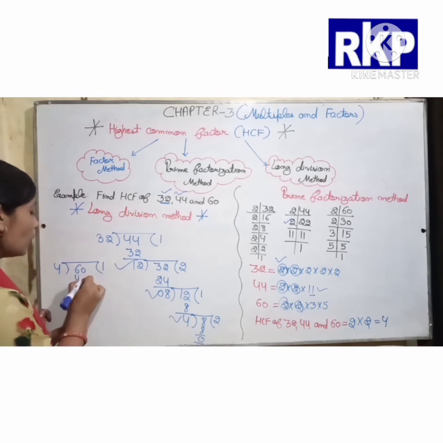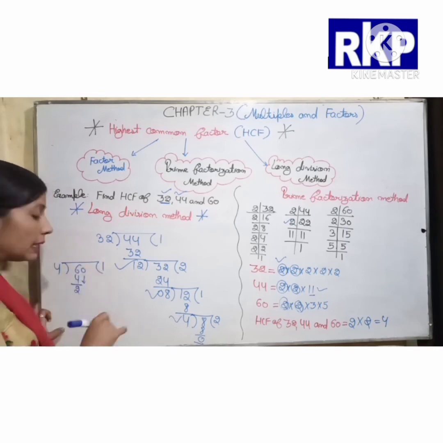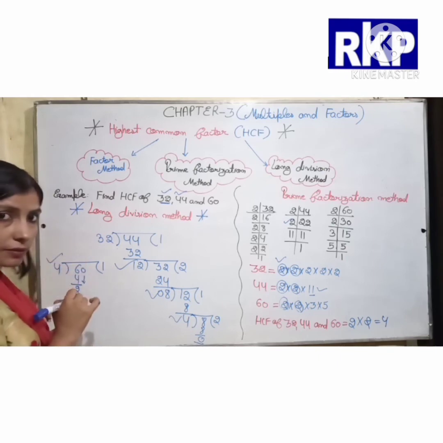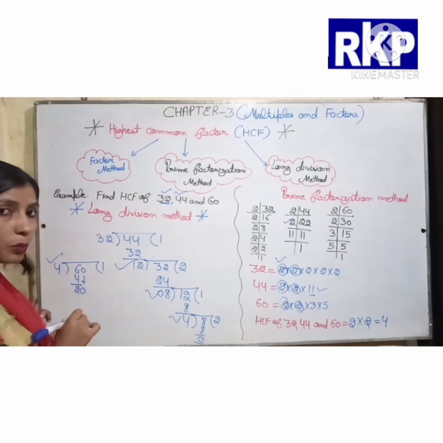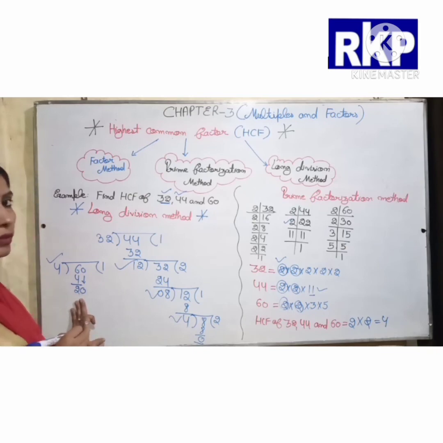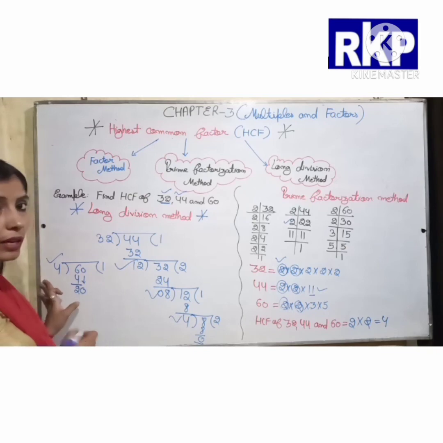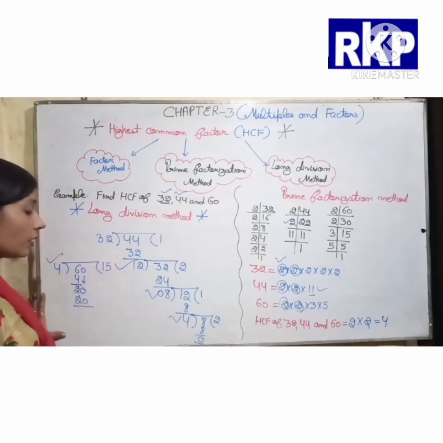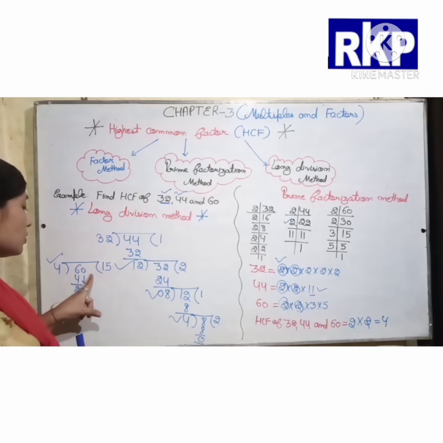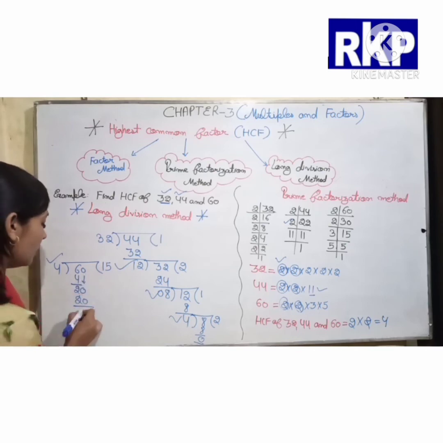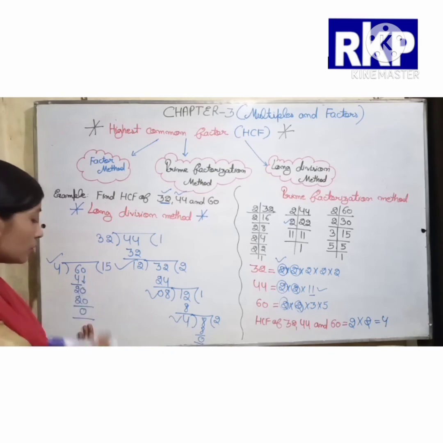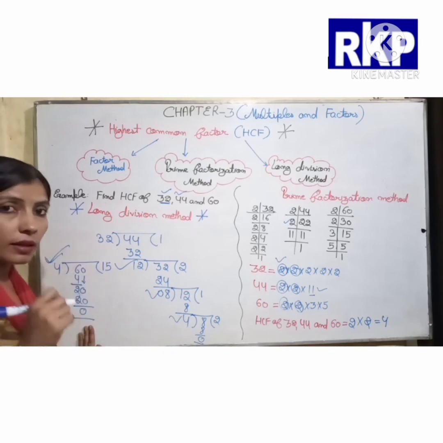Okay, so first of all, let us complete divide this number, okay, with this divisor. So here we have to put 0. Okay, now we have to divide 20 by 4, and we know 4 5s are 20. So if we divide 60 by 4, here we will get 0 as a remainder. So here if our remainder is 0, so 4 is our HCF.